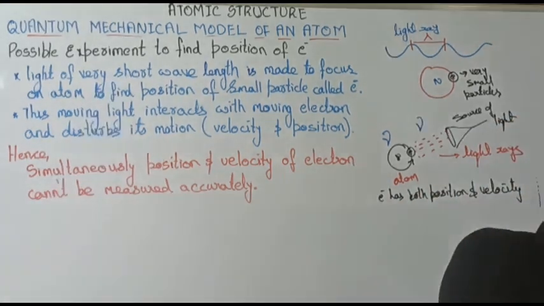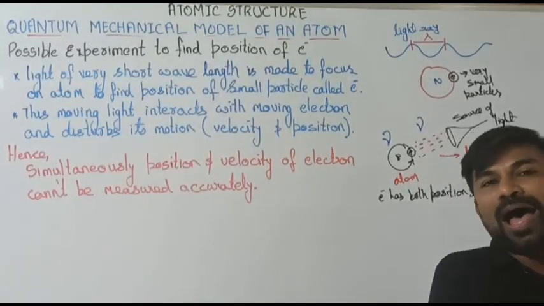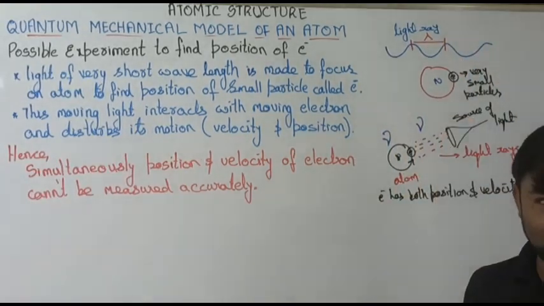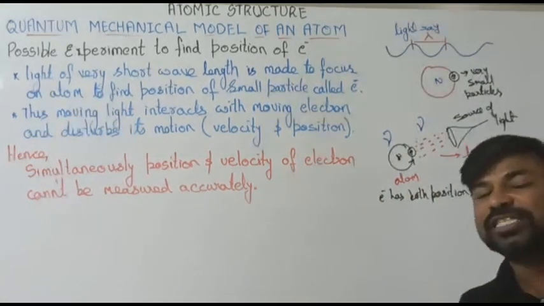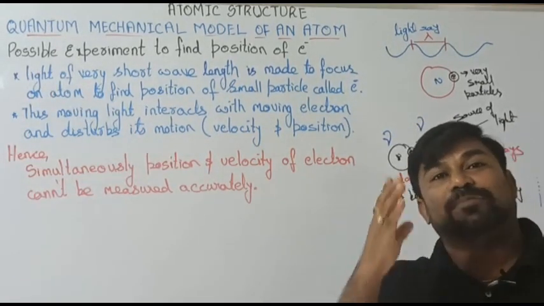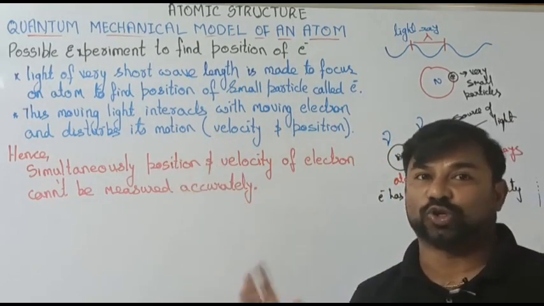But we are not able to find it out. Why are we not able to find it? It means it is not moving in a fixed path. That's why we are not able to find it out. Though, with the help of the experiment, this is the experiment which is supporting that Mr. Erwin Schrödinger's assumption is correct, and Mr. Bohr and Sommerfeld's assumption that it is moving in a fixed path is wrong.